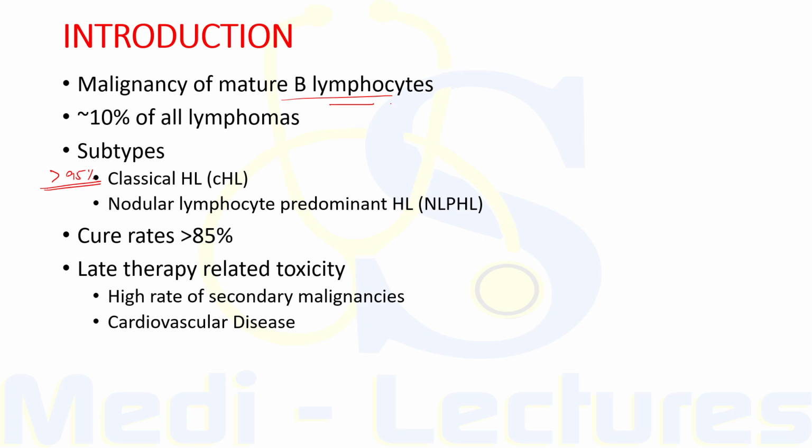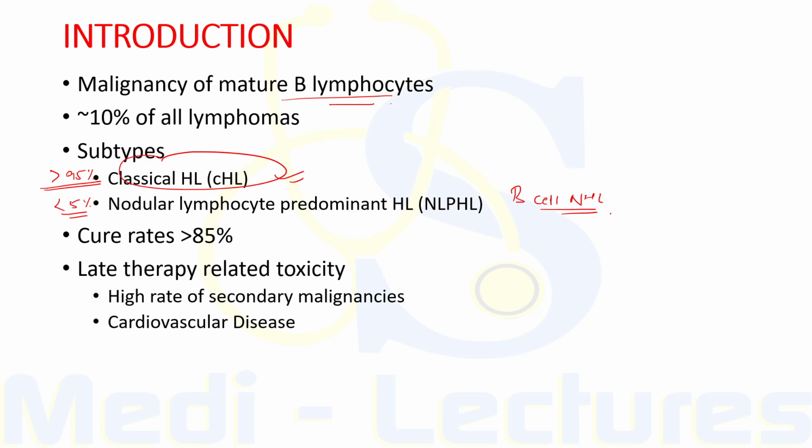But there is a second subtype of Hodgkin's lymphoma, which is known as nodular lymphocyte predominant Hodgkin lymphoma, NLPHL. While this diagnosis resembles classical Hodgkin's lymphoma morphologically in some respects, there is some evidence that it is more related to indolent B-cell non-Hodgkin lymphoma biologically. Now we will be focusing entirely on the discussion of classical Hodgkin lymphoma, and we'll discuss in brief nodular lymphocyte predominant Hodgkin lymphoma at the end of this presentation.